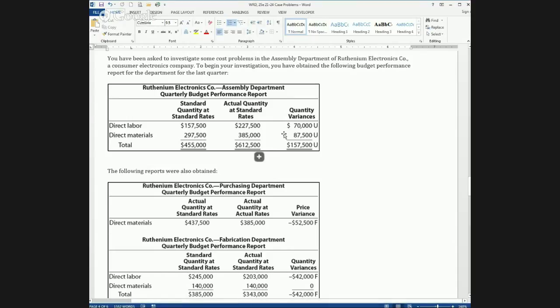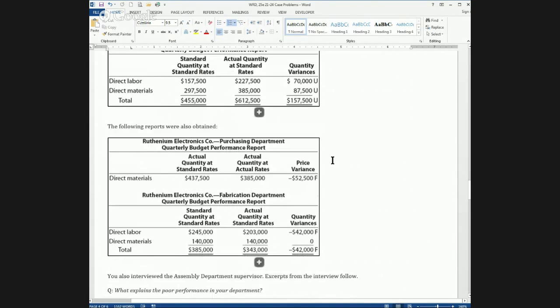For direct materials, same type of situation. The standard was just under $300,000. They actually spent $385,000, and so the amount of materials that were used in the assembly department was over budget by some 25%. Now, the reports from the other 2 departments indicate that in purchasing, the purchasing department actually spent